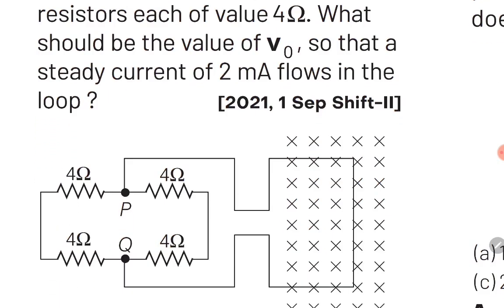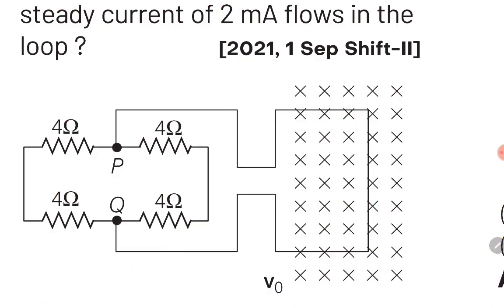Guys, you can see here in the diagram that there is a square loop which is moving towards right in this magnetic field. Guys, when this square loop moves towards right in this magnetic field, there is change of flux in this square loop, and due to this, motional EMF will be generated. Guys, we know that whenever a conductor moves in a magnetic field, motional EMF is generated, which is given by the formula motional EMF is equal to BVL, where B is magnetic field, V is velocity of conductor, and L is length of conductor.